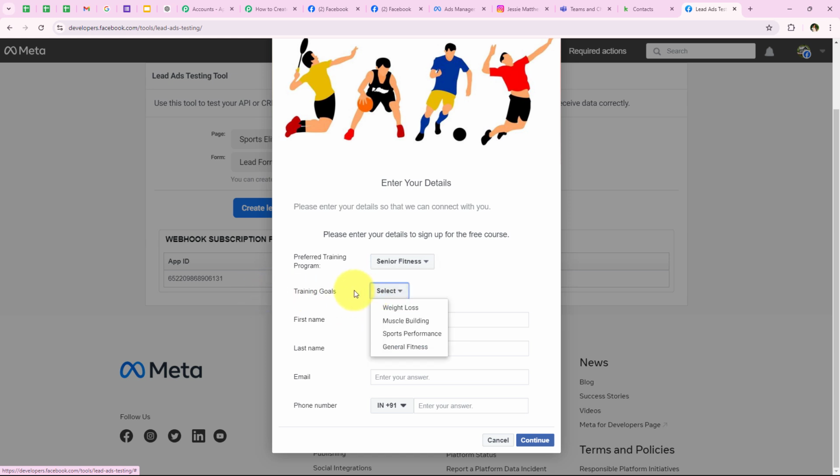And now for the training goals, I'm going to keep it as journal fitness. And now it is asking me for the first name, so I'm going to keep it as test. So I'm going to enter it right over here. And then for the last name, again we are going to keep it as lead only. For the email, we are going to keep it as testlead@pabblytudes.com. So I'm going to enter it right over here, and then we are going to move on forward towards